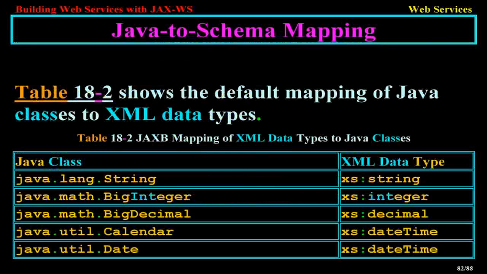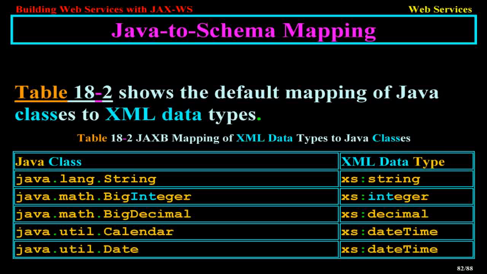Java-to-Schema Mapping. Table 18-2 shows the default mapping of Java classes to XML data types. Table 18-2 JAXB Mapping of Java Classes to XML Data Types. Java class, XML data type: java.lang.String, xs:string; java.math.BigInteger, xs:integer; java.math.BigDecimal, xs:decimal; java.util.Calendar, xs:dateTime;